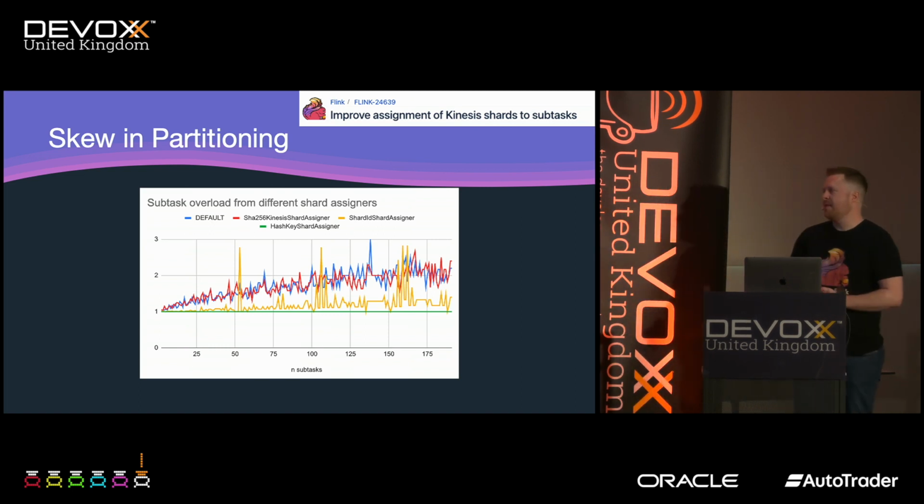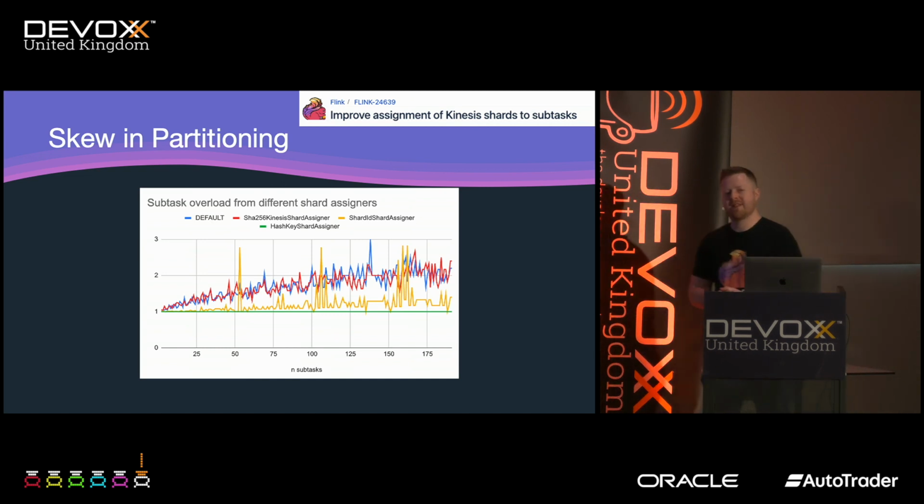The original implementation of the shard assigner, actually it's still the default, so if you're using Kinesis, please watch out for this, wasn't linear, or uniform, so it wouldn't necessarily distribute evenly. So instead of distributing 5 and 5, it might distribute 7 and 3, or 6 and 4, for example,